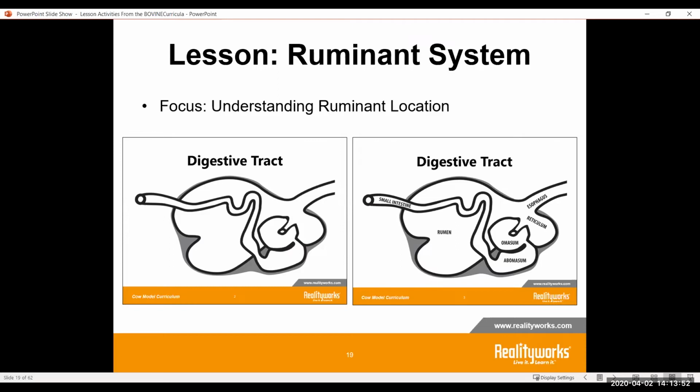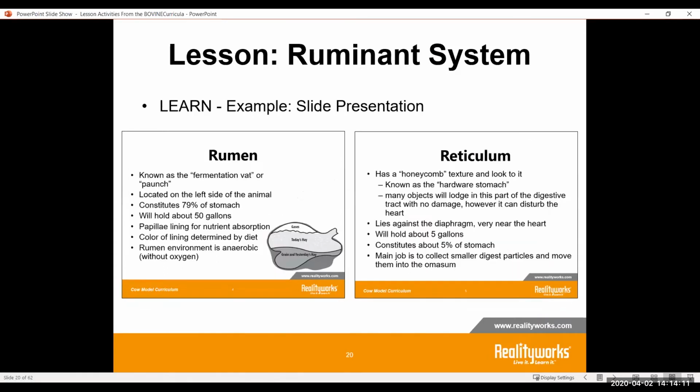Now, at other places, the way that I've used it before is you take a snippet, or a photo of this, you put it in a document, and then you pass this on to your students and say, hey, I want you to draw in where the different features are of the digestive tract. So different options for you there to use that.